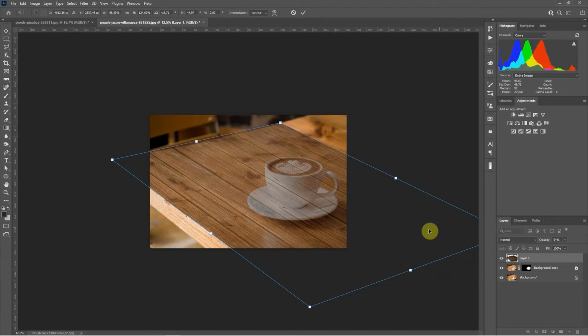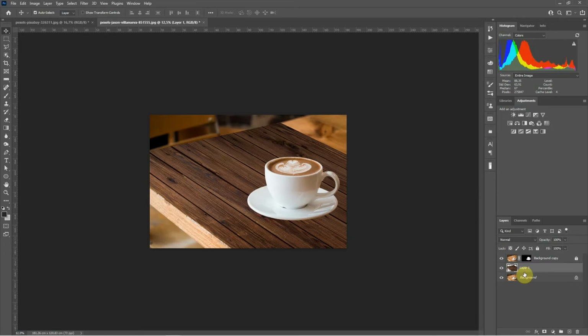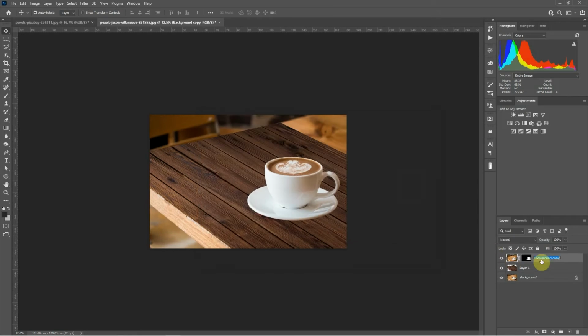Okay, that looks good. So we're going to go with this. We have a gap in the corner. We'll fill that in later. We don't need to fill it in now. I can put my opacity back up to 100%, and I can move this layer by clicking, dragging, and dropping it below. Now I've accidentally locked this layer, so I'm just going to remove that lock, and I'm going to